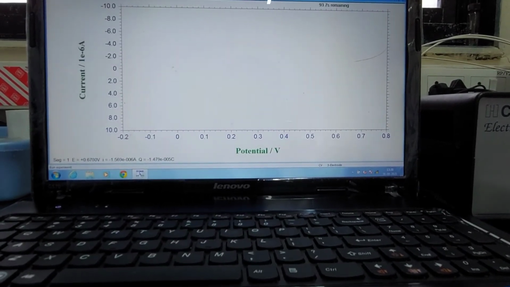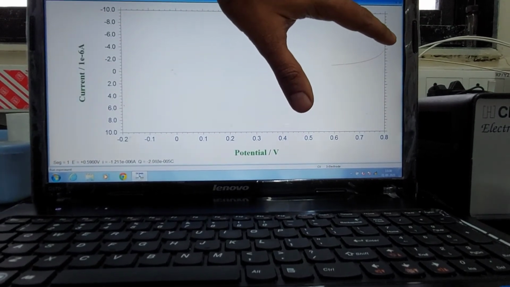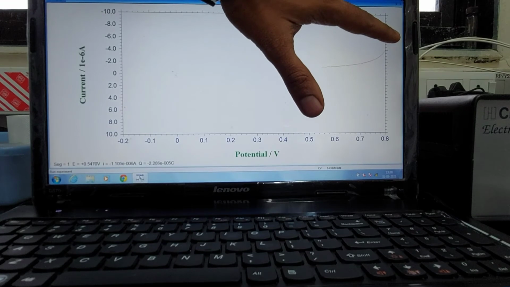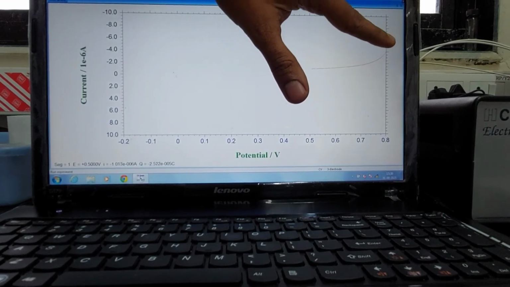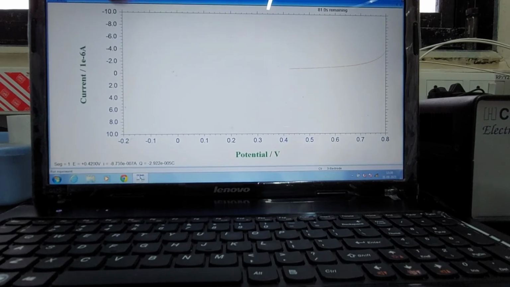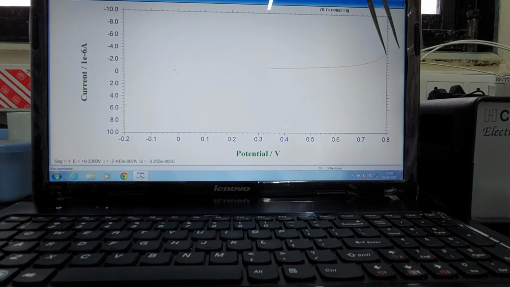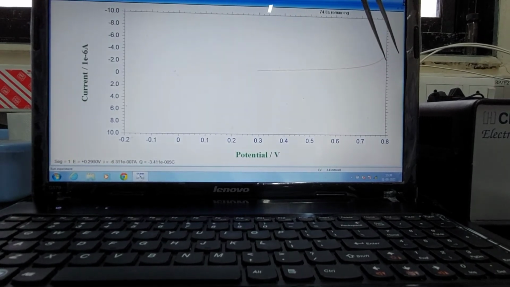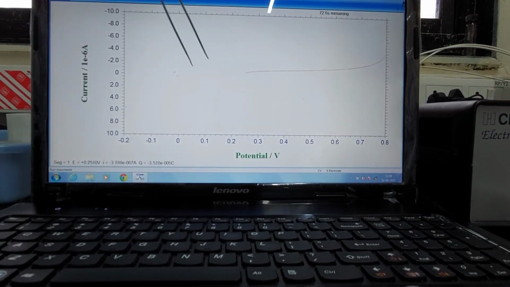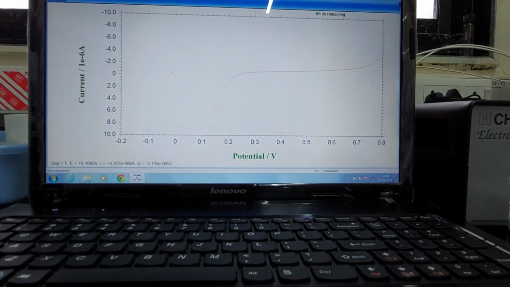Okay. Now, I also want you to pay attention to how these curves started. They were flatter before, and now they are starting with a bit of this. Yes, that's a nice pointer. So they were flatter with the smaller concentration. Now it is diving into the potential axis here.